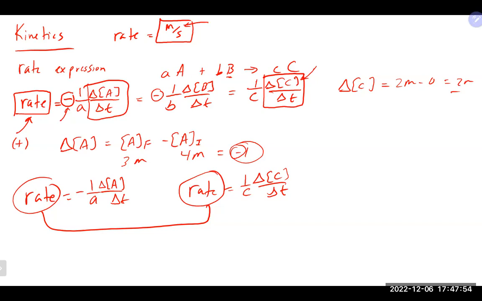Now, as we talked about, this is the average rate, and we talked about average rate and instantaneous rate over the whole entire reaction. On average, everybody is changing by a certain rate, which is what the average rate is. But individually, some may be changing faster than others. When you take everybody as a whole, you get that average rate. We talked about that there is